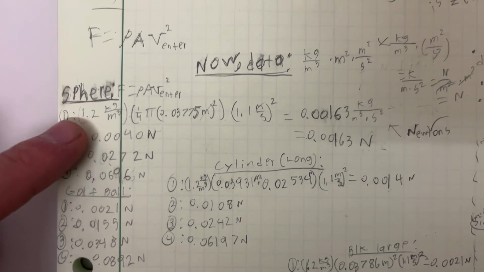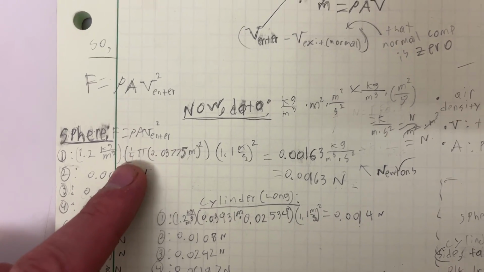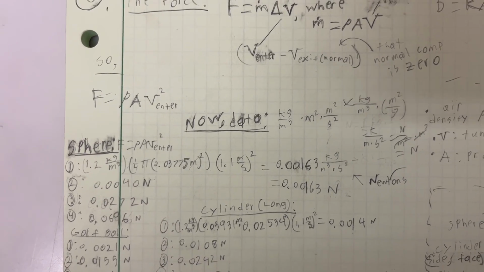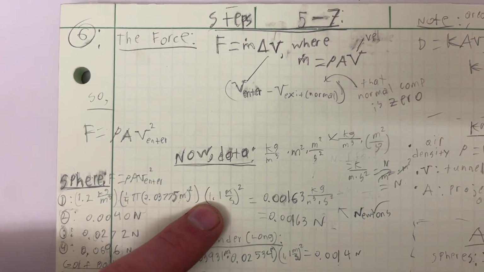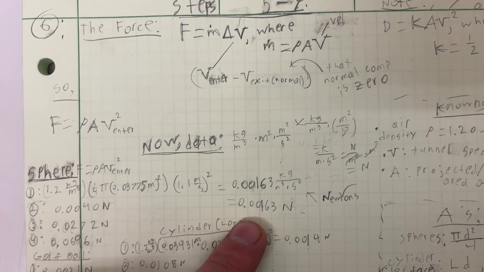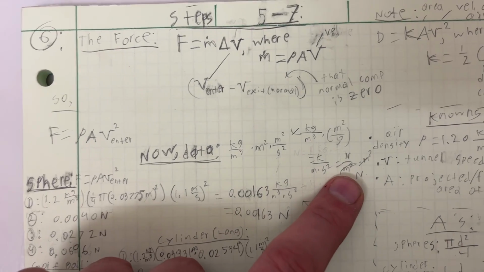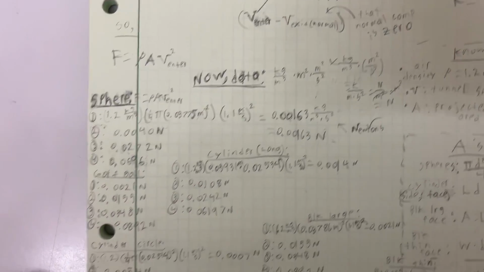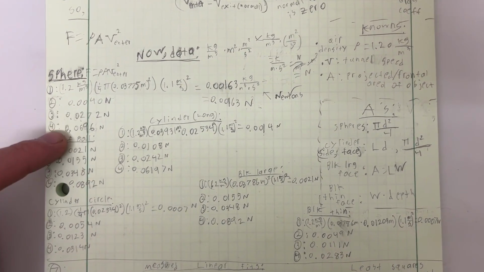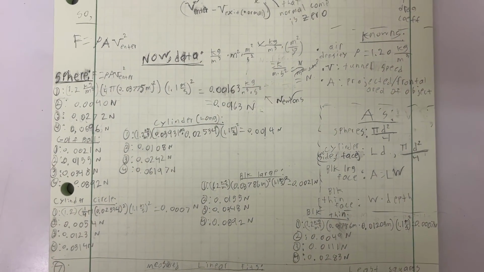So for the sphere, you can see I used 1.2 kilograms per meter cubed for the density of air, and 1/4 pi d squared for the area of the sphere, the cross-sectional area of the sphere profile. And then your first velocity data point is 1.1 meters per second. Square that, and then you get 0.00163 newtons. The units become newtons once you do some dimensional analysis. And so I went ahead and calculated by hand all of the forces in newtons for all of your data points based on the formula here, and I found that